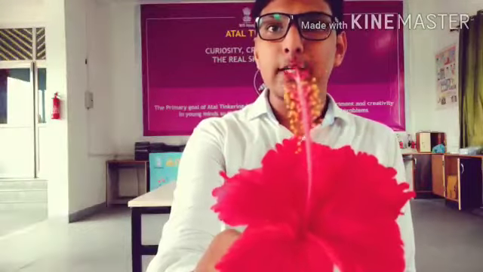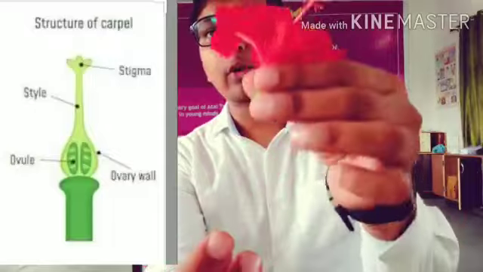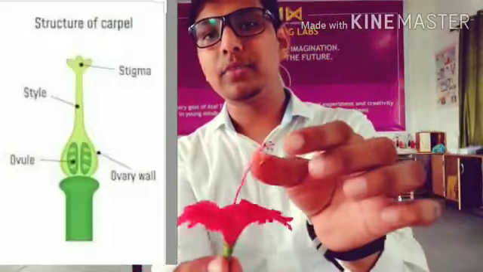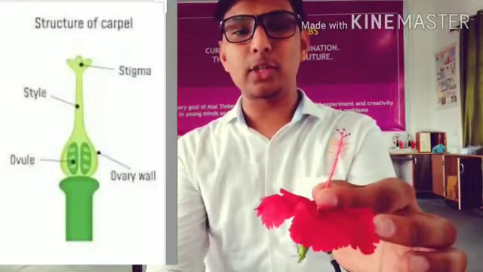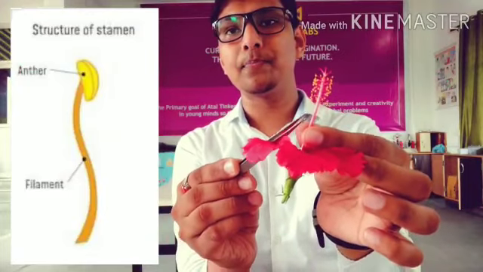It means that it contains both sexual parts. The female part is the style, and the ovary is inside it, protected by sepals and petals, and the stigma. And why is it called bisexual? Because it also has the male part. This is the stamen, including the anthers.